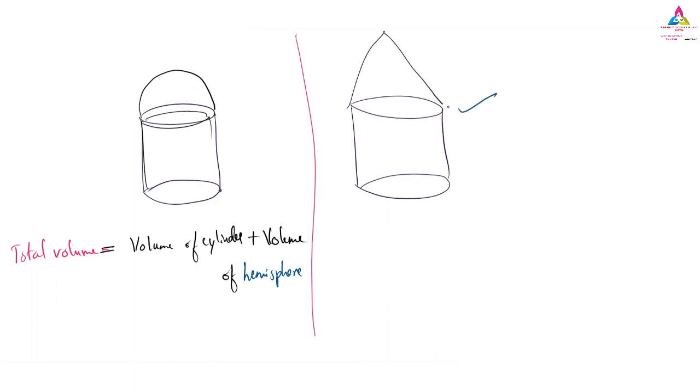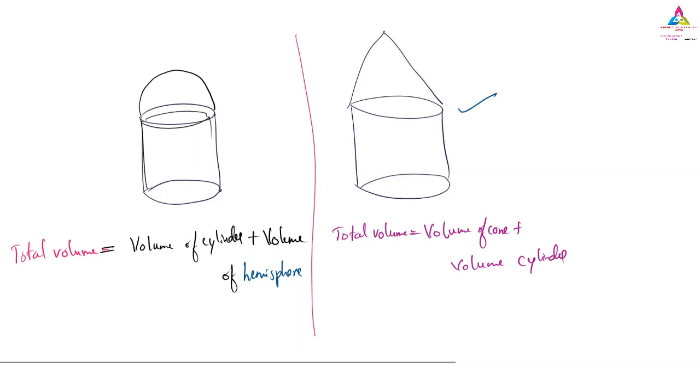The second figure we have. So what is the total volume for this now? Volume of cone plus volume of cylinder. Yes. So these are the two things we have to write down. I hope you don't have any doubt regarding this, because it is quite easy. I'm giving the basics for today. Tomorrow we will go through everything, the formulas and everything we will learn.